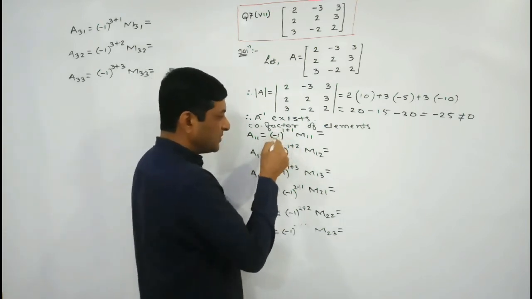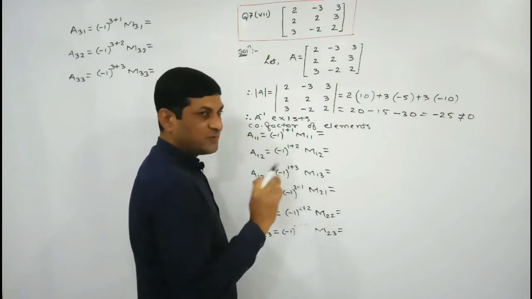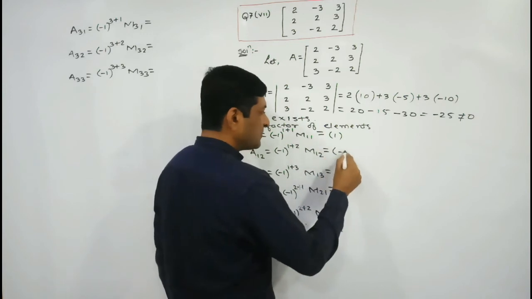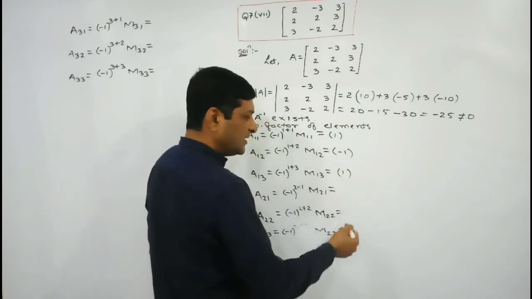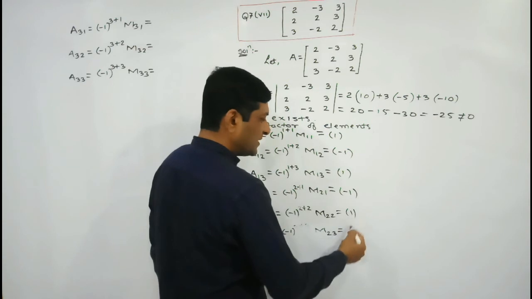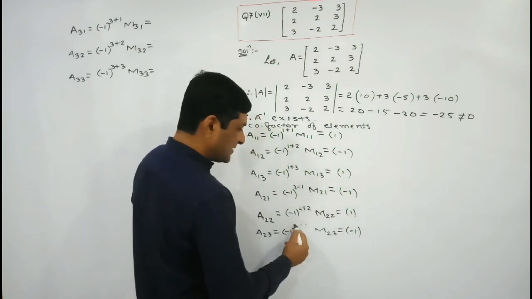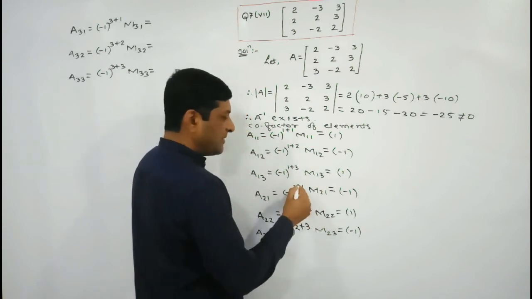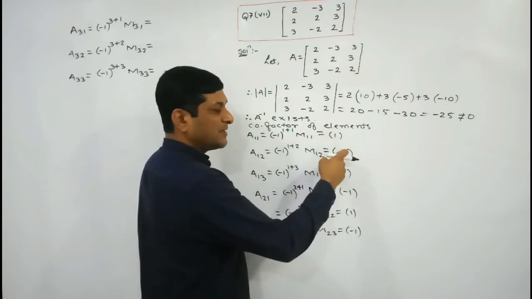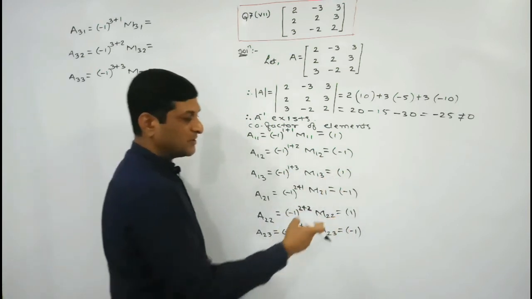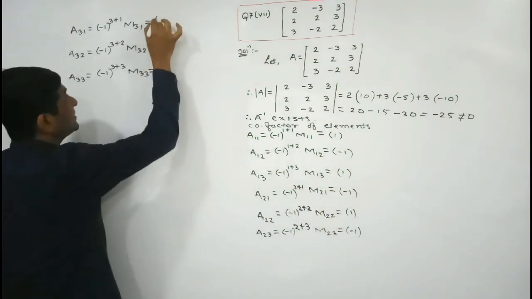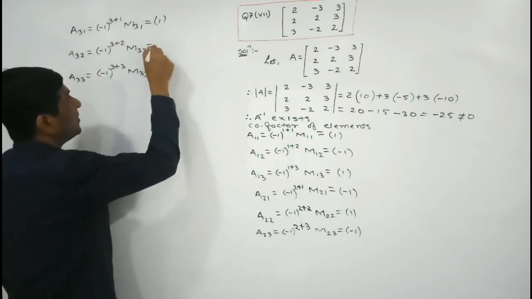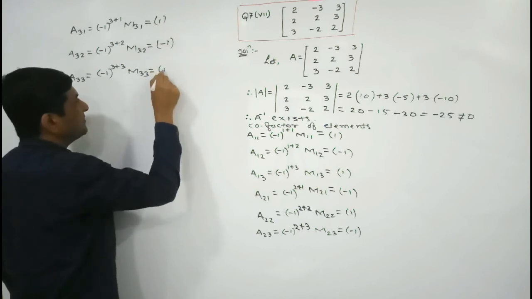Here the power of minus 1: first we are trying to find the value of the first term. Here the power of minus 1 is an even number, so its value is plus 1. Odd number means minus 1, even number means plus 1. Continuing this way, minus 1, plus 1, minus 1, because in every example, if you observe, it is of order 3 by 3. So the first term will be plus 1, then minus 1, plus 1, minus 1. Here we get plus 1 because the power of minus 1 is an even number, and an odd number means minus 1.